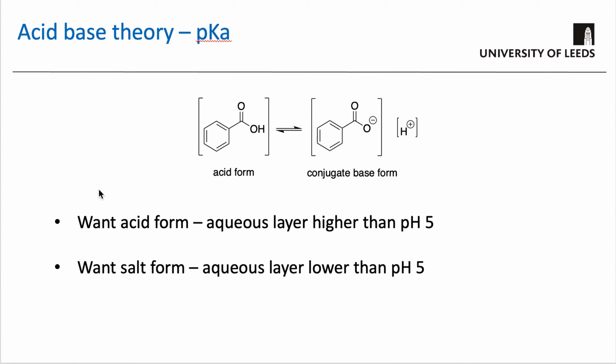In terms of trying to manipulate these molecules and getting them to turn into their acidic or their basic forms, this is the basic principle. If we know the pKa value of these functional groups, and let's say we want the protonated form, for example, we want the carboxylic acid to exist in its neutral acid form, then knowing that carboxylic acids have a pKa of 5, we need to make sure that the pH of the aqueous layer that we're using is, this is the wrong way around, sorry,